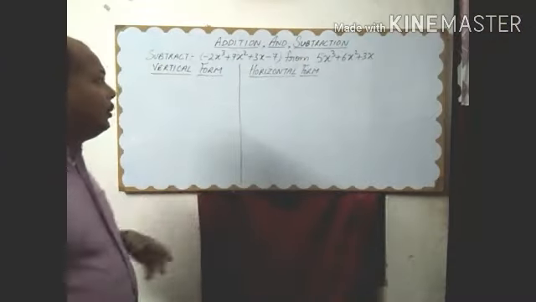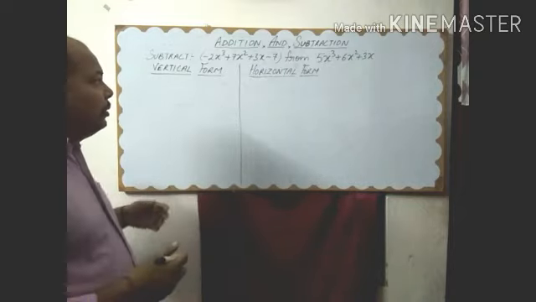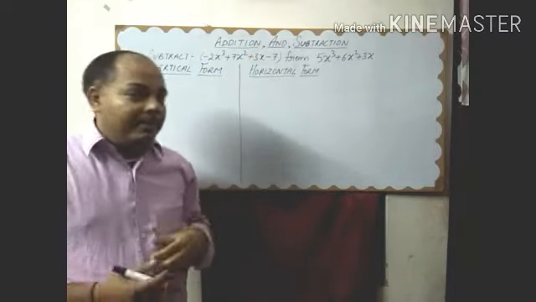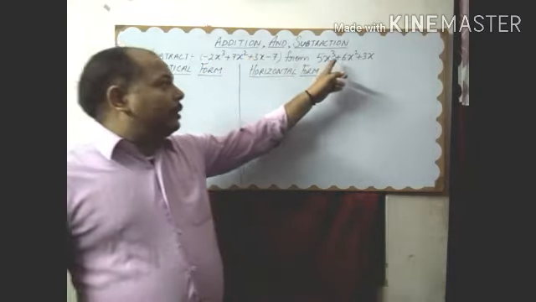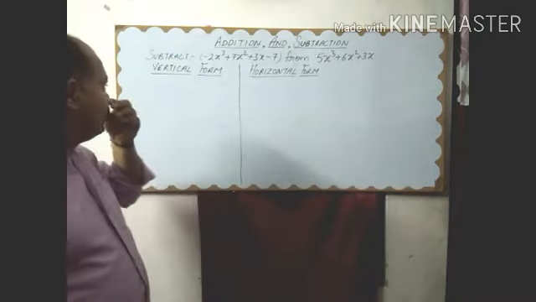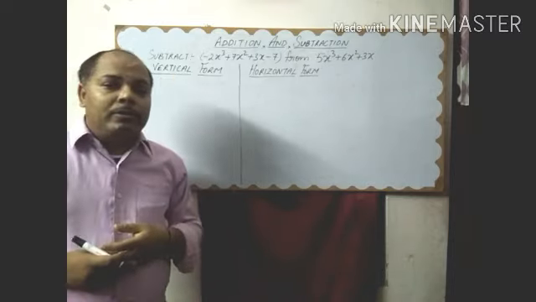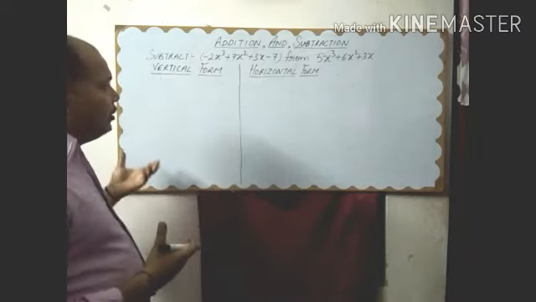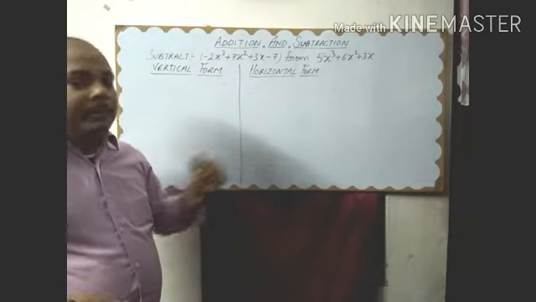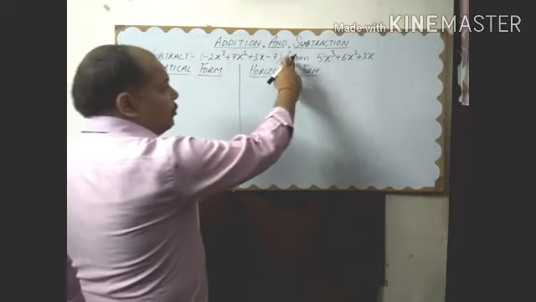Okay, now we are going to understand how we subtract the polynomials. So I have taken here minus 2x cube plus 7x square plus 3x minus 7. And the second polynomial is 5x cube plus 6x square plus 3x. So again we will use the two forms, vertical form and horizontal form. So first we understand how we subtract these two polynomials using this and then this. So see here, it is written that subtract this polynomial from this.